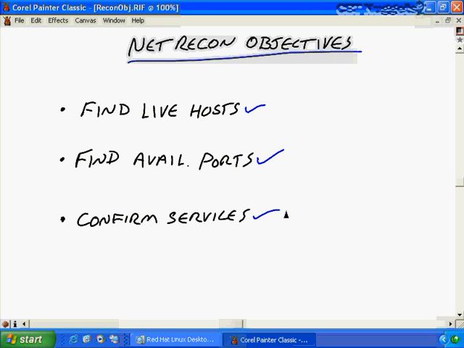And then we'll take a look at what services are available on those destination machines as well. That might involve finding out what the operating system is on that destination, what services are associated with certain ports. Then we can find out maybe some weaknesses in those services or some exploits that we can run against those services. But a critical part of all of this is, first of all, understanding a little bit more about TCP